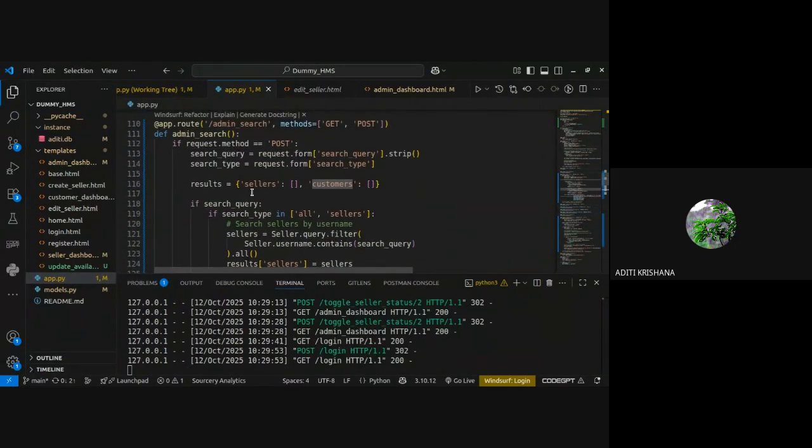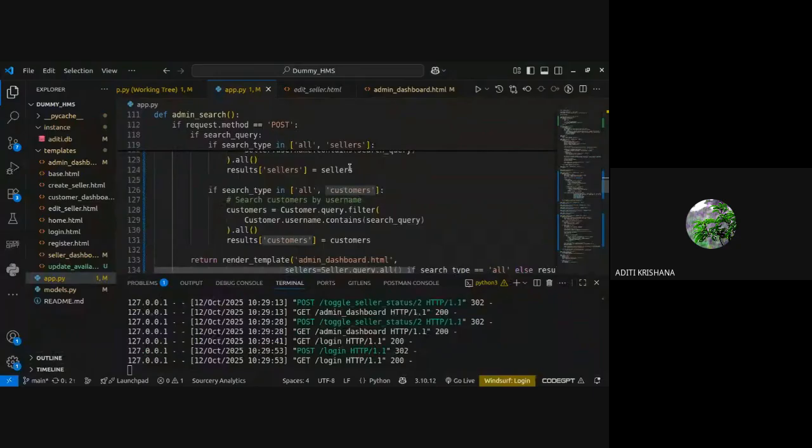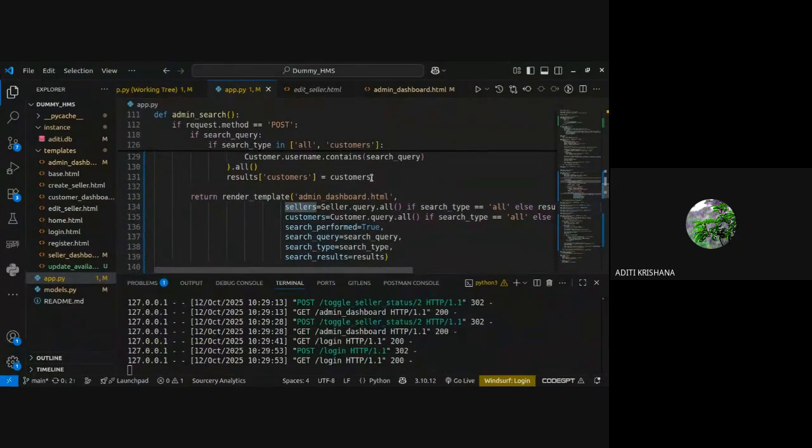I hope you have understood from here. Sellers and customers are the keys of the results dictionary, and the values are assigned in a list format. So now when the results are assigned, we render the template admin dashboard.html, and sellers will show all the data from the seller table, and customers will show all the data from the customer table.